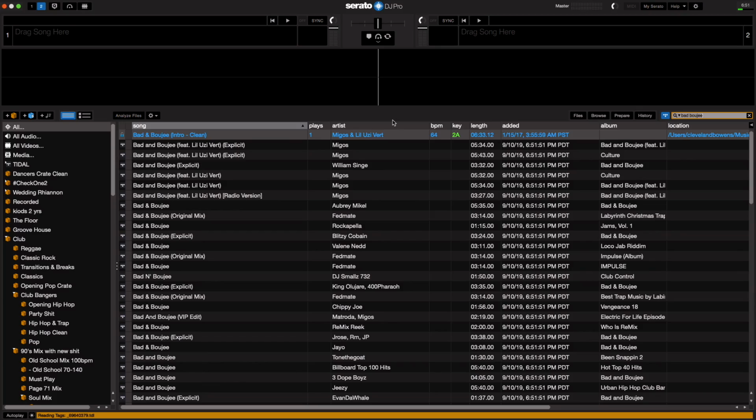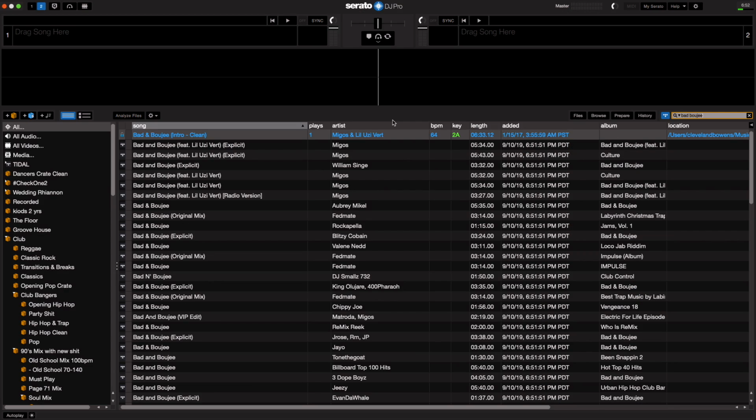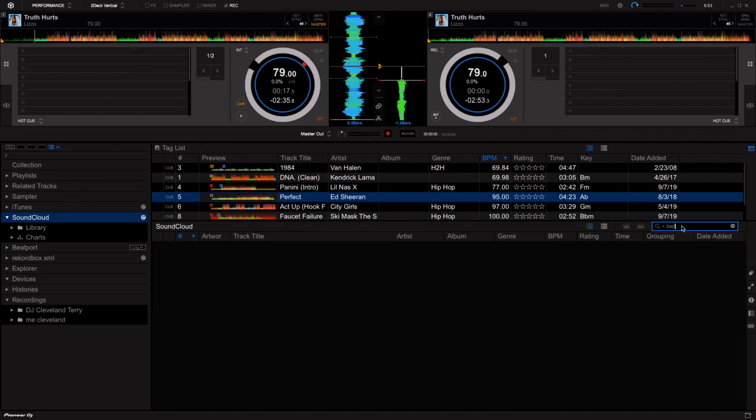Now here's the problem with SoundCloud, and to me, it's the deal breaker. In Tidal, there's a whole bunch of explicit versions. Now the thing about Tidal is, if it doesn't say explicit, it's clean, it's radio friendly. So that's how I know automatically that I can play that song on a corporate or on a private party. But if I go back to SoundCloud, add Bougie,